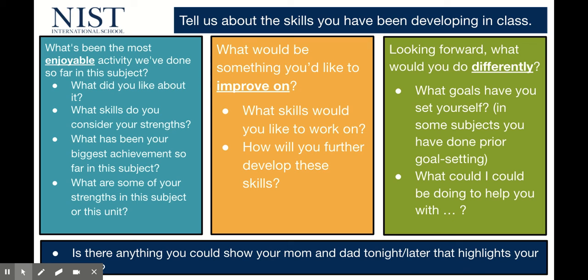The good things. In our orange column, we have our how things, what could we improve on? And then in the green column, we have our now questions. So what's going to happen moving forward? And then at the bottom, just think about what you can show mum and dad later tonight that highlights your learning. Okay, so pick out 1, 2, 3 questions and just think about how you're going to fill